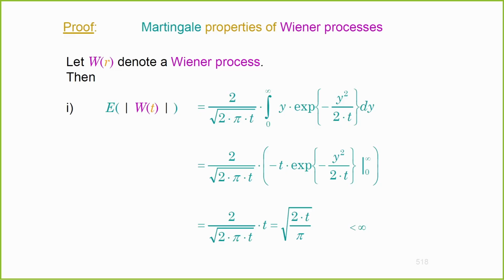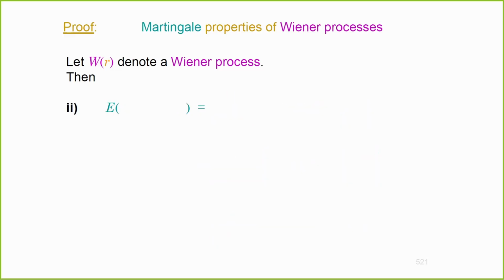This expression has to be finite, so the absolute value has to be finite, which it is, which also indicates that the variance is finite, but that's just a side note here. It is finite if t is given, of course. If t is not given, then it's not, but it doesn't need to be, because t is supposed to be a specific point of time. And then I'm going to look at the conditional expectation of some future observation given the